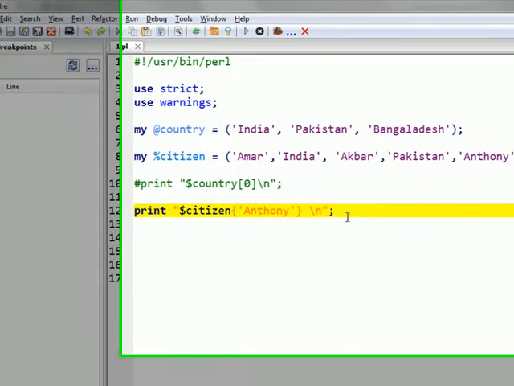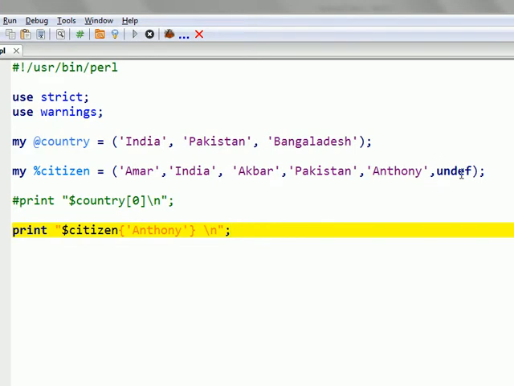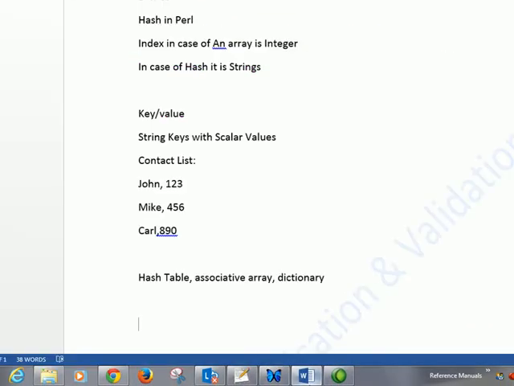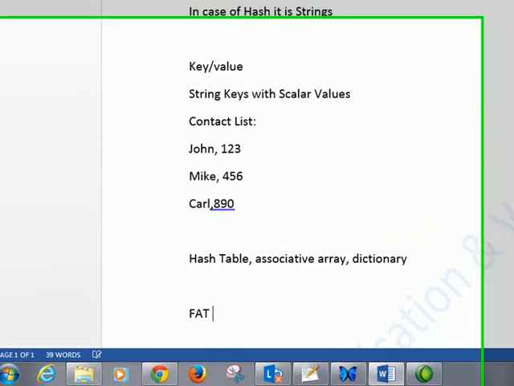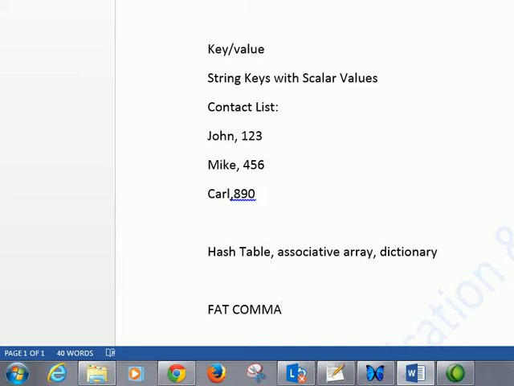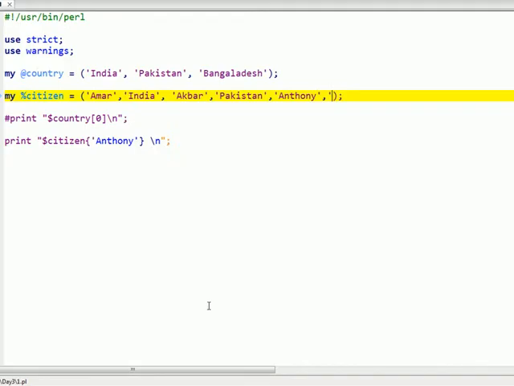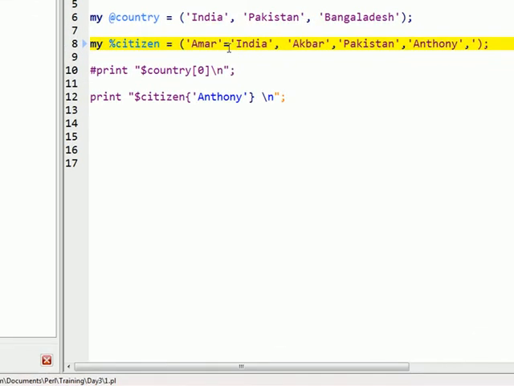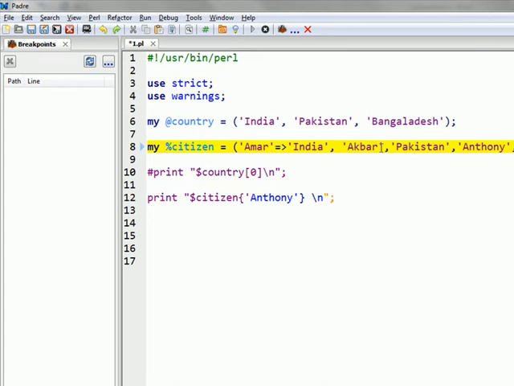So this is not the only way to define a hash. We have something called a fat comma, which is like an equal to and greater than sign. So instead of giving a comma here, you give the fat comma. This is for the sole purpose of legibility and clear understanding.